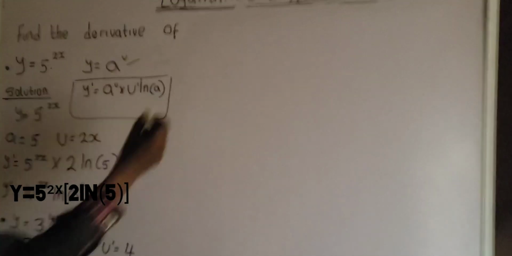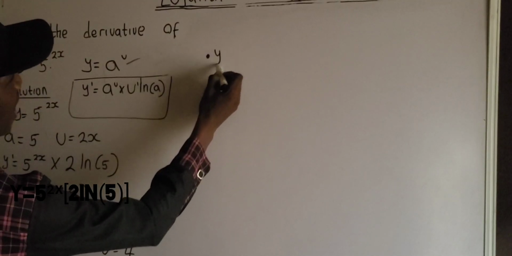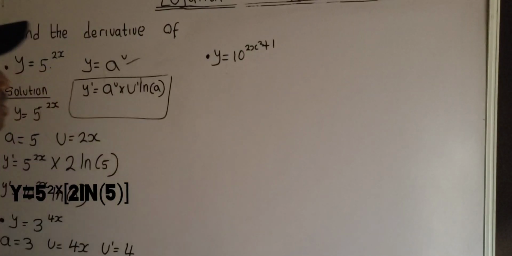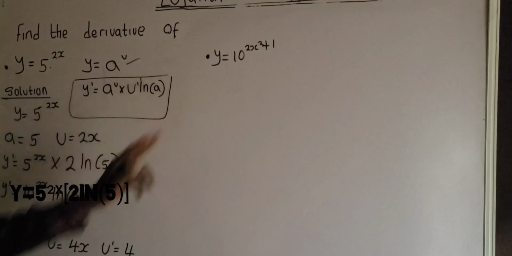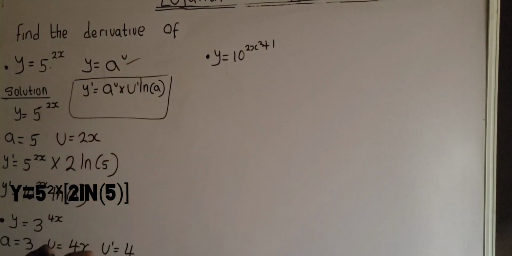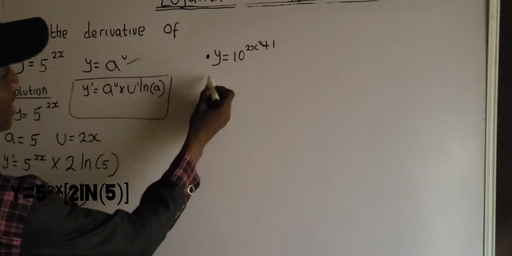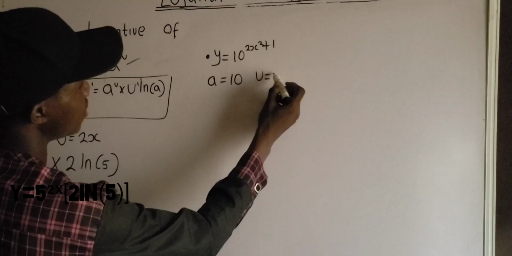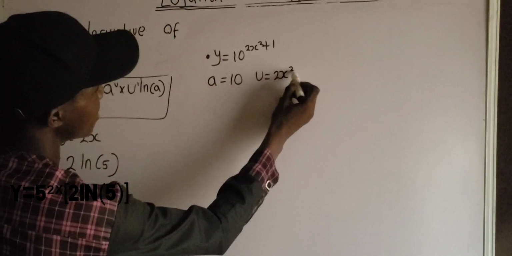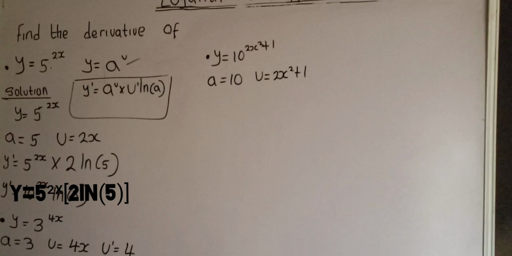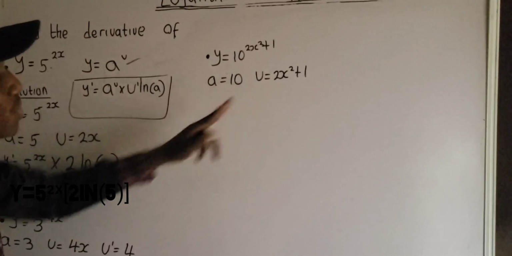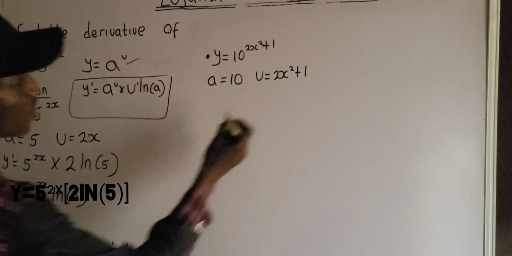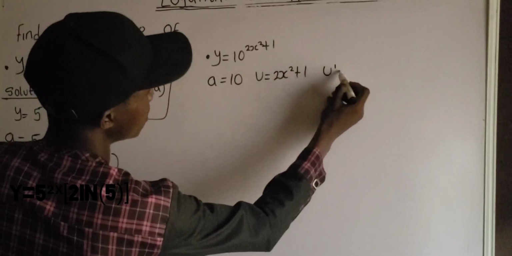Okay, let us have another work example. Find the derivative of y equals 10 raised to the power of 2x squared plus 1. Now, to find the derivative of this function using the formula method, we first have to identify our a and u. So a is the base, which is 10, and u is the power. u is 2x squared plus 1, as you can see. Now, I have identified a and u. The next step is that from this formula, I need to take the derivative of u, as you can see. So the derivative of u is